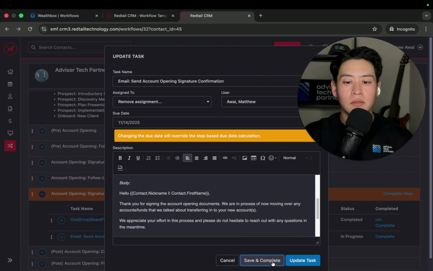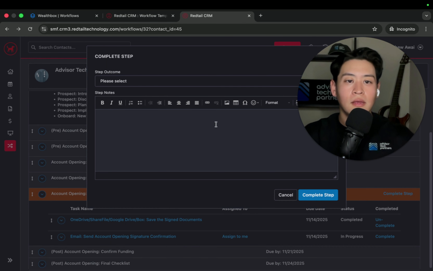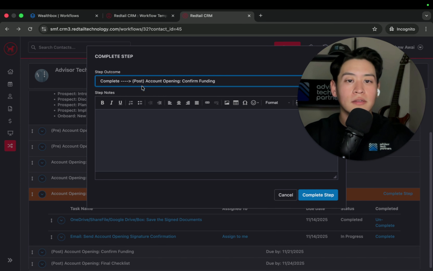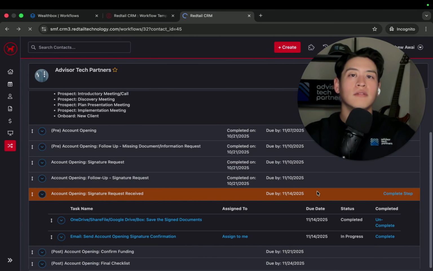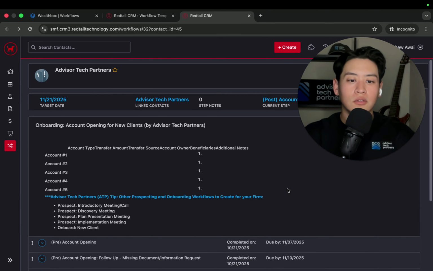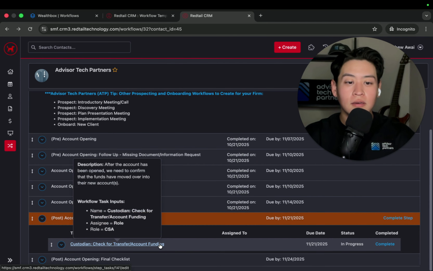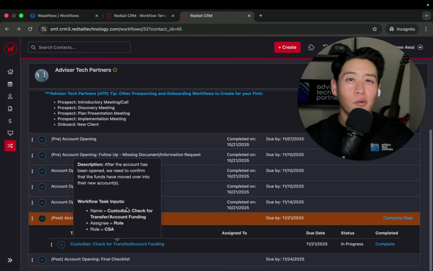So I'm actually going to save and complete this, and that's going to allow me to move forward in the process here. So we'll go in and we will actually get into our step of confirming funding, making sure that the accounts are actually being opened at my custodian. And again, this is where you can put a lot more descriptive details if you have a specific process, like let's say you custody with Schwab or Fidelity,